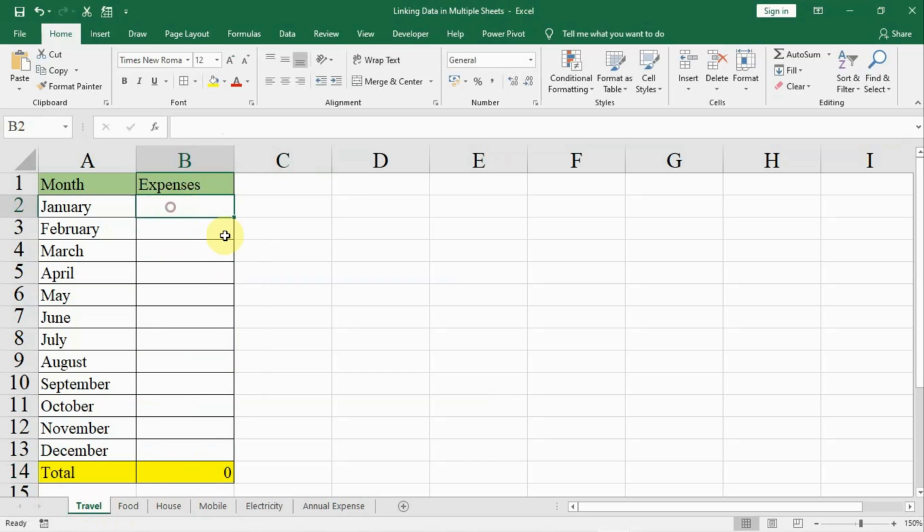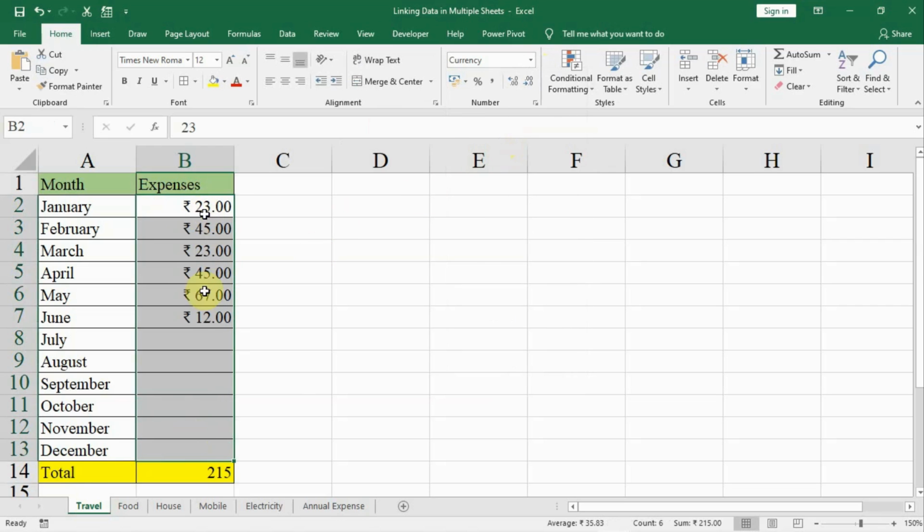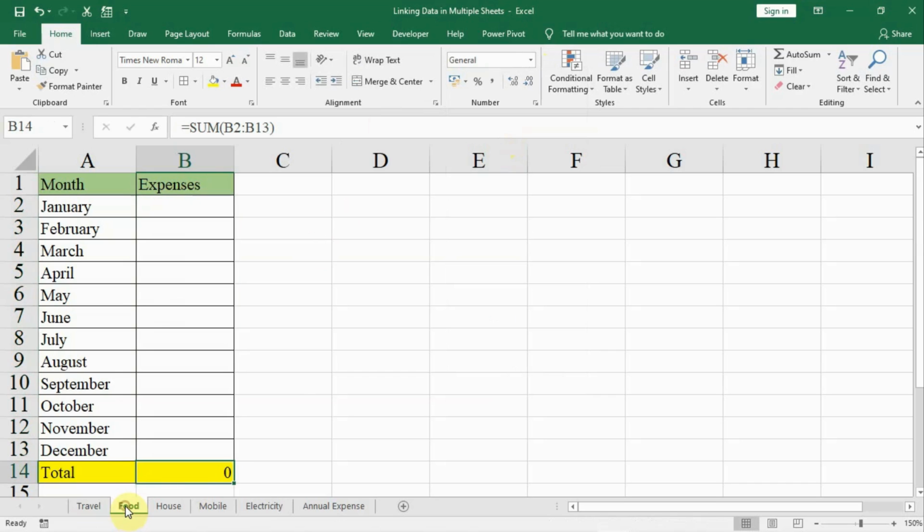Now what I do is fill some arbitrary till let us say June, any expenses, monthly expenses of travel. That is the name of the sheet. That means we are filling the expenses related to traveling here. Let us say till June and select this whole and make it a currency so that a currency sign will be there. Similarly, what I suggest is select rest of the 5 sheets. Similarly, select this section and click on currency on the top here and click on currency,